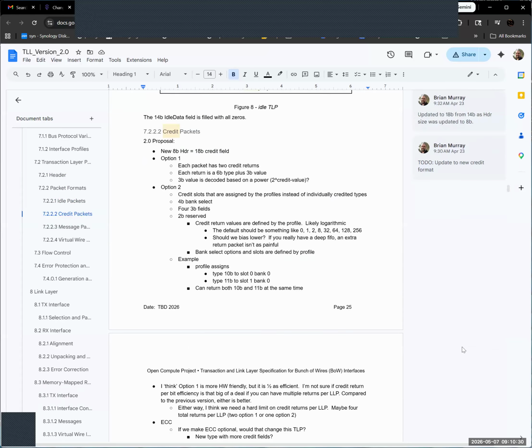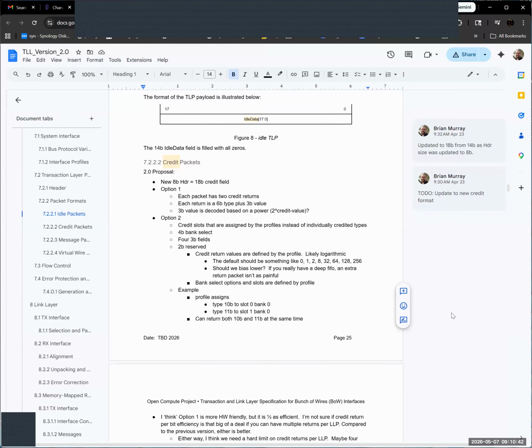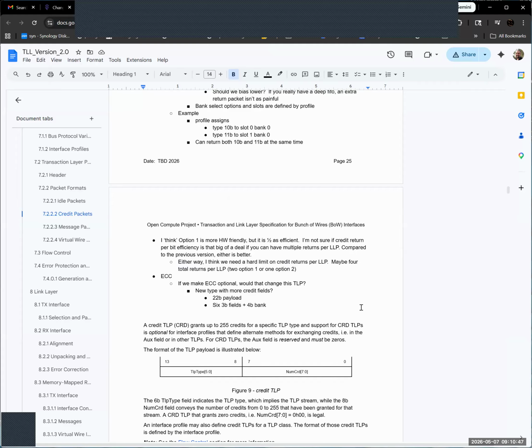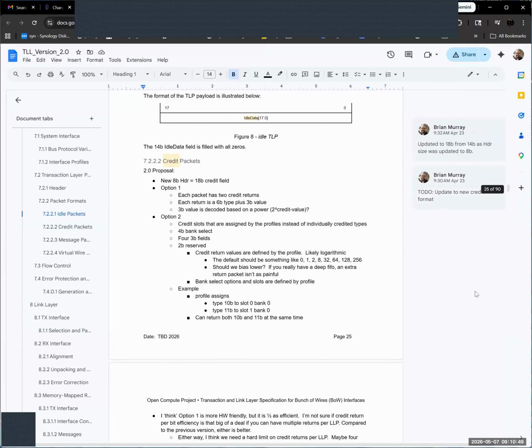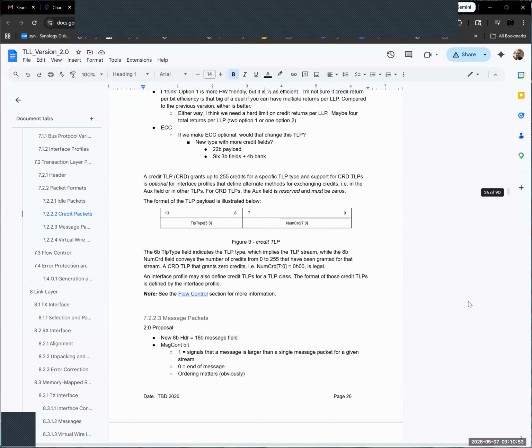The other options, again, I went over all this with Jeff, and I think they're still being discussed. I've added more to it, so if you're ever curious, it's all in the document right now. There are different options for ways of doing credits and virtual wires.